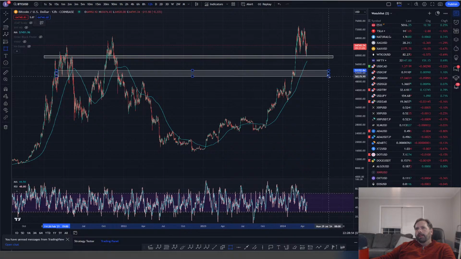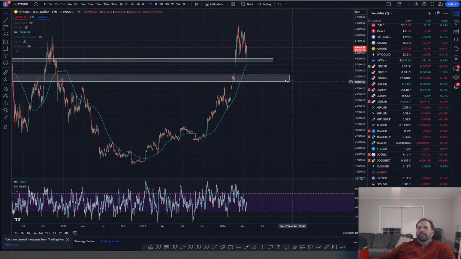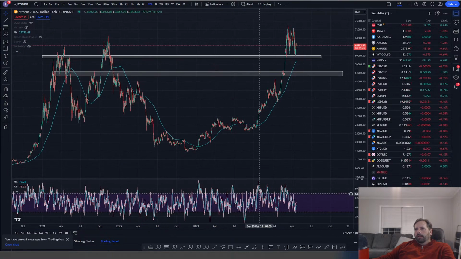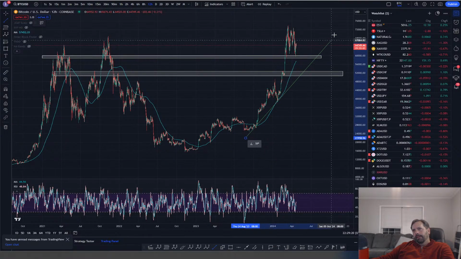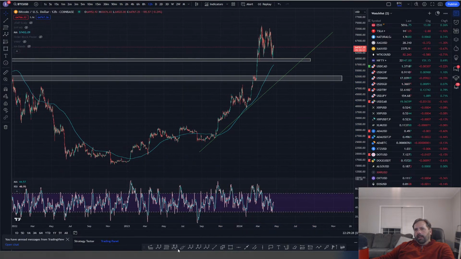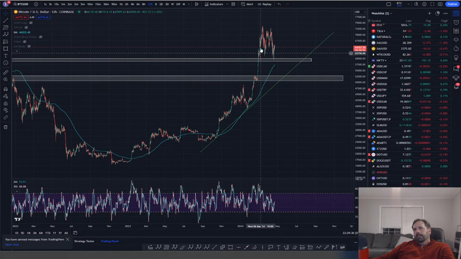The next area of support is right here. This is very small support, but it's a little order block zone right there, the tops of these waves. Looking at the 50 to 52K range. So that's the next area of support we're looking for if price wants to go down. Let's draw a trend line on here, guys. Let's draw this trend line right there. I like it. All right, so if we get kind of a deep wave here where you got this coming